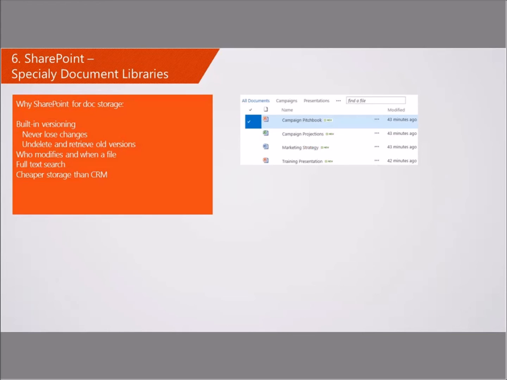And the last one, SharePoint. I think SharePoint is still sometimes underutilized when it comes to document library, especially in the integration with CRM. So SharePoint can do a bunch of stuff, can be your intranet, etc., has a bunch of web parts. But the one, at least here internally, we use quite a bit is the document library. The fact that once a file is in a document library, I'll never lose changes. I have perpetual versioning.